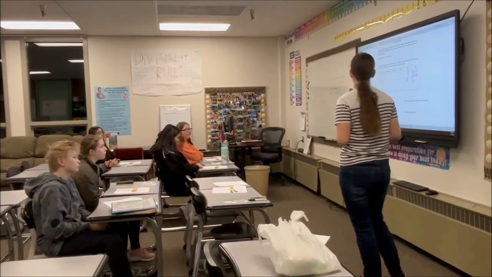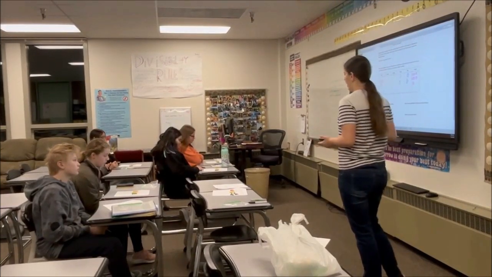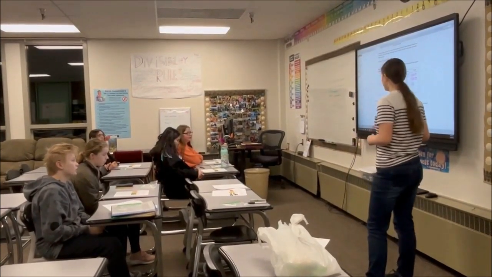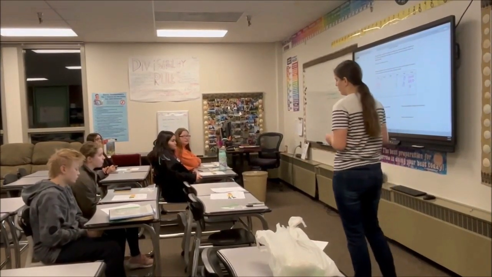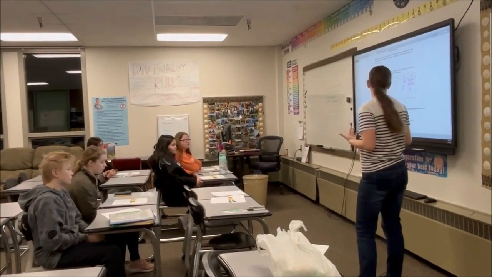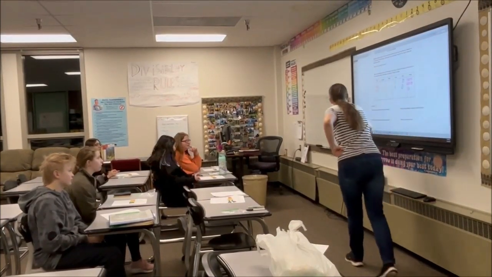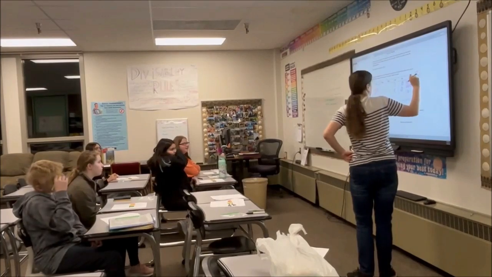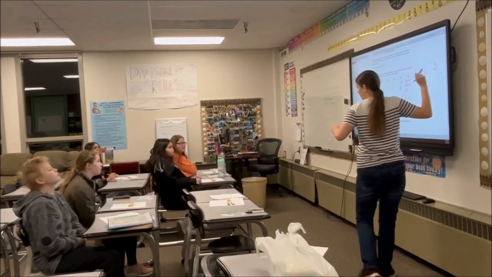Alright, so let's just go through examples. What color do we want to find out how many we have first? Red. Red, we want to start with red. So, okay, how many reds do each of you have? 1, 2, 1, 3. So some of you have 2, some of you have 1, some of you have 3. Is there any other number?